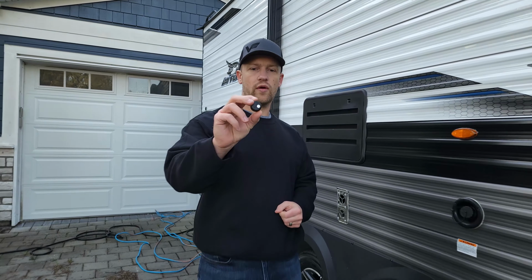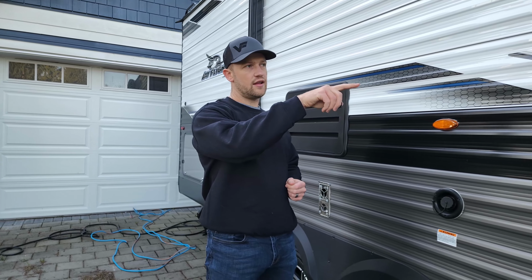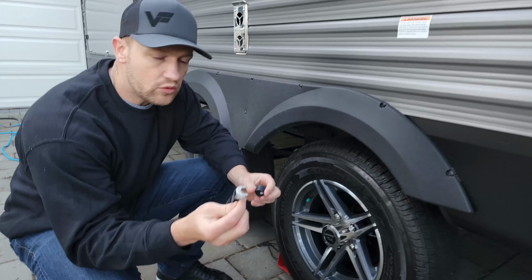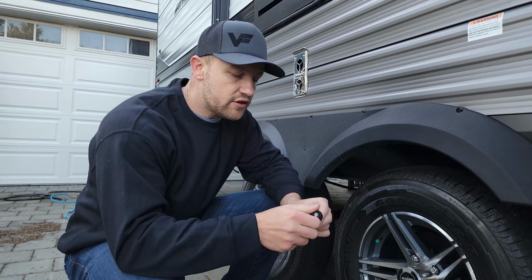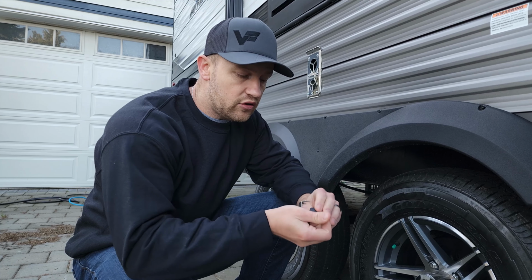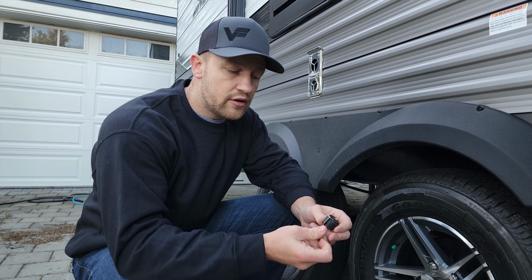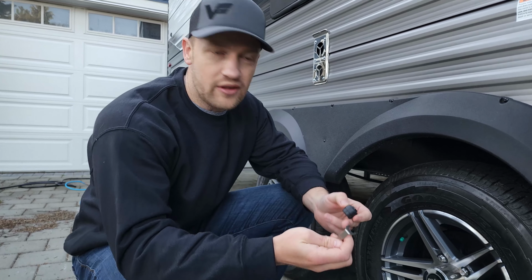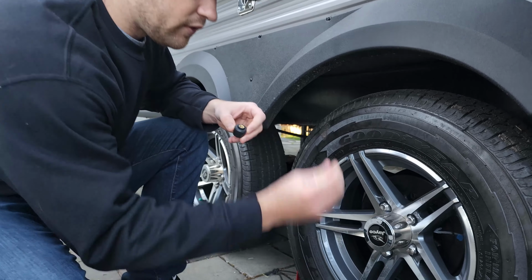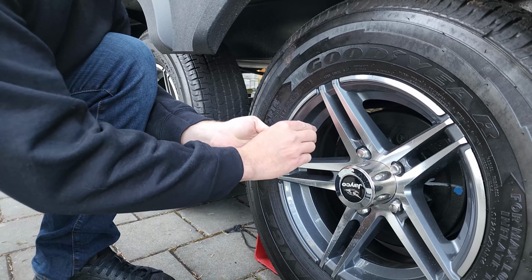So now we are going to install the sensors on the valve in the order that we installed it on the screen, and the screen is on right now. So it comes with this little tool. What's nice is if this is installed and somebody tries to steal one of these, it's not going to come off. It'll just spin, because you actually have to come across this and it locks on, and then you screw it on or off with this little tool. If somebody really wanted to, I'm sure they could, but somebody just walking by is not going to be able to take these. So we're going to remove the cap, and we're going to